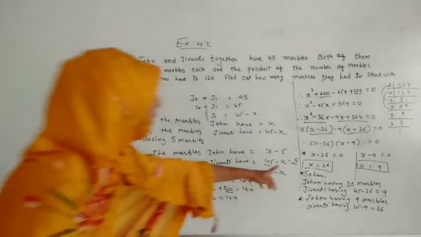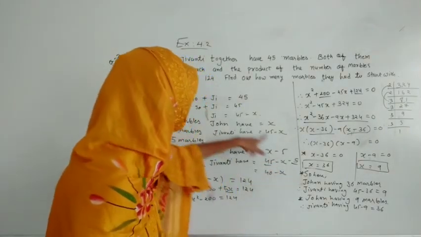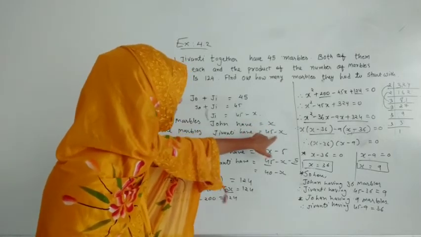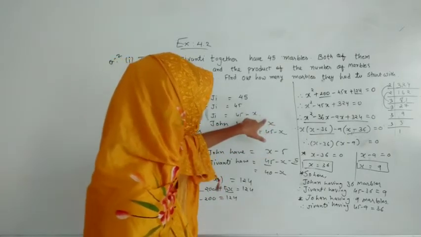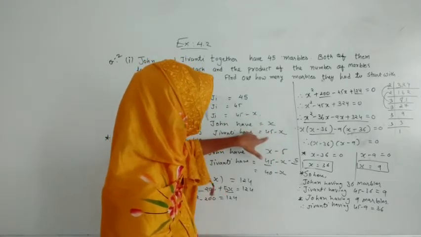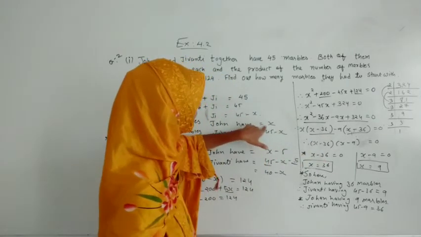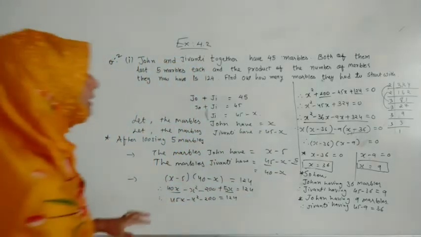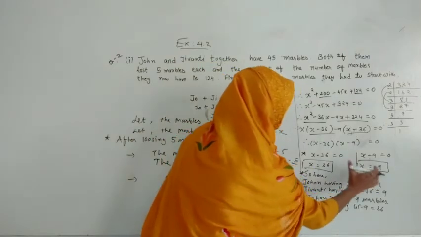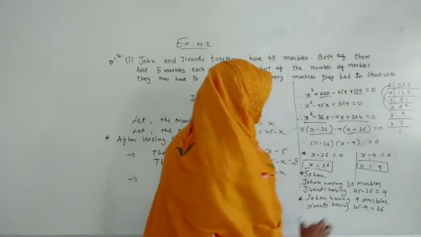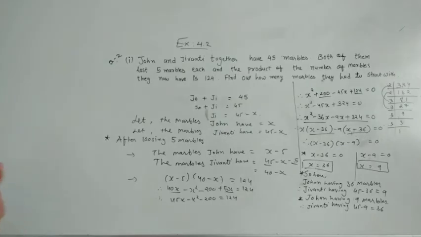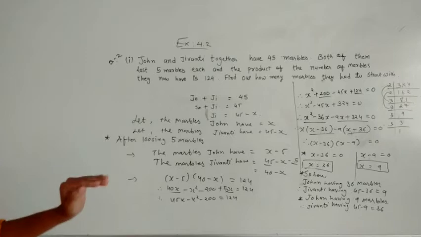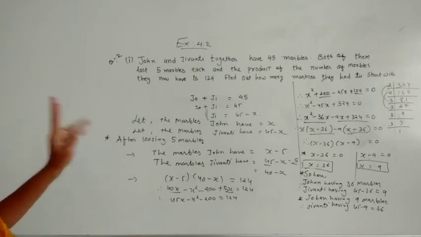But here, as I told you, both are positive, so we compulsorily have to write all 4 statements. If John has x marbles and we substitute the value of x here, this value will change. If you substitute 36, the answer changes, and if you substitute 9 over here, the answer changes again. So you have to keep this in mind. But if one number is negative, it is a benefit for us, we don't have to write it, because the number of marbles can't be negative, so we consider only the positive one. But here we got all answers positive, so we have to write 4 statements.